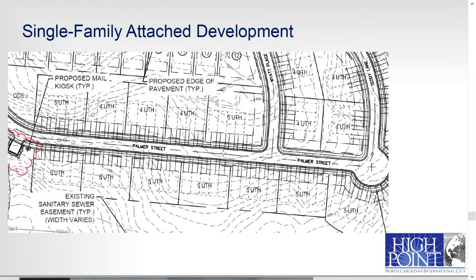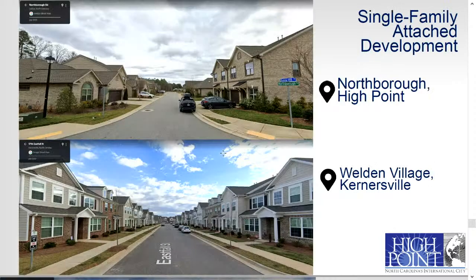And then here's another one where you've got a large stretch with those driveways in the front, each unit having their own single driveway. So here's just a couple comparisons I threw together of existing development within the city, and then some examples of alternate ways to approach this from around the region or the country. The top there is Northborough, where you've got front-loaded buildings. You'll notice sidewalk only on one side, and then down below is Weldon Village, which is in Kernersville,